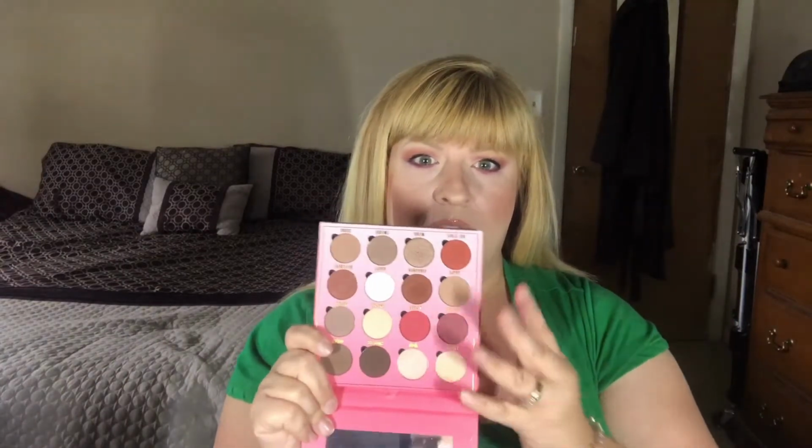And then I did a haul not too long ago that I just recently put up, and I bought Be the Game Changer, and this is by the Makeup Obsession line. The palette has 16 shades in it, and I have been enjoying this palette. In fact, when I wore it one day to work, I had received a couple of